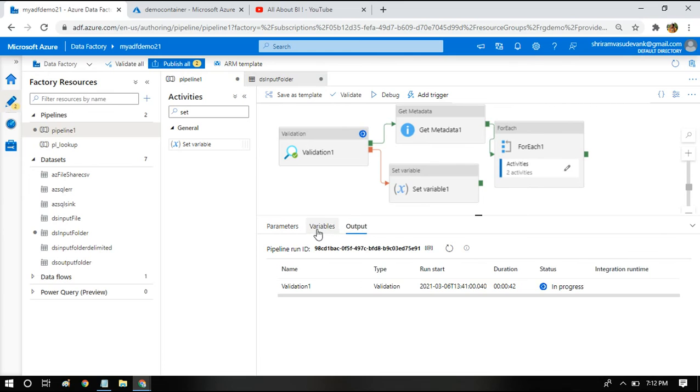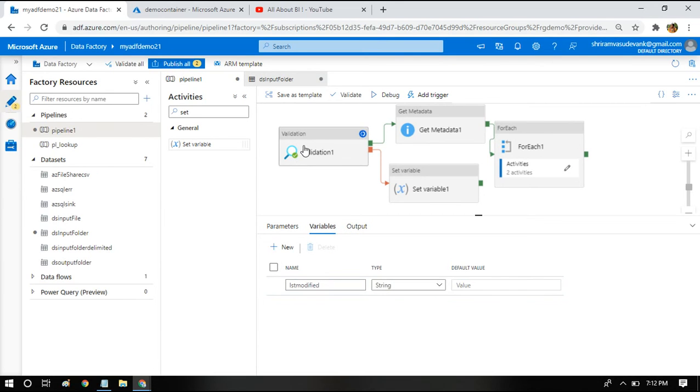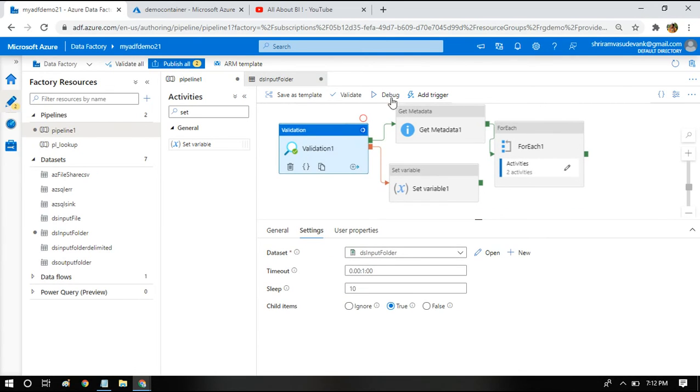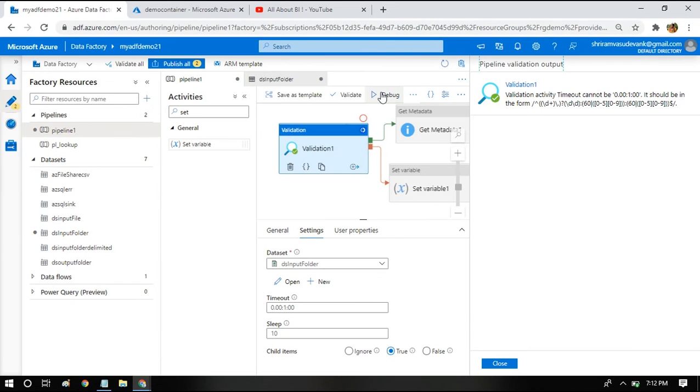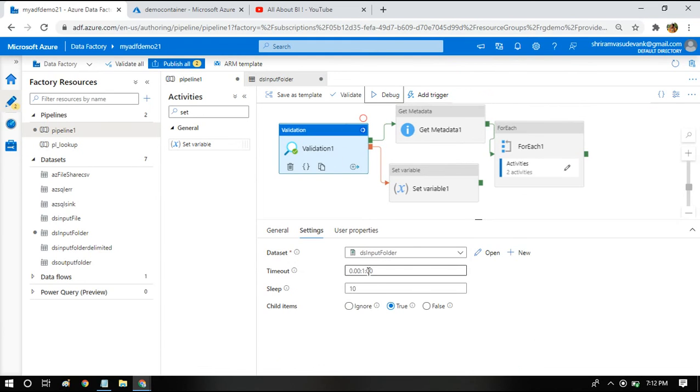I'll just check the variable type. Alright, so this is the purpose of validation activity. Let me run it so that it will be understandable. Okay, alright, so now